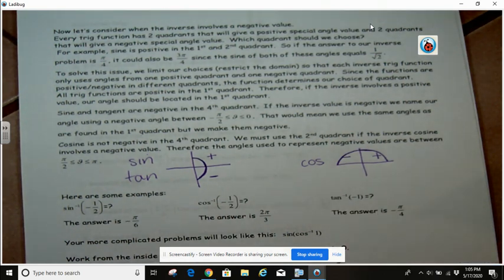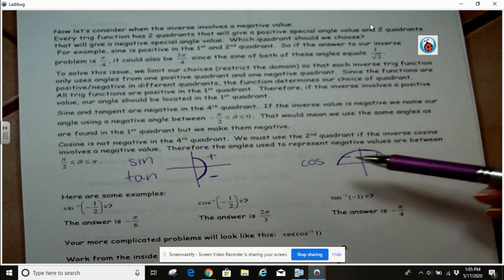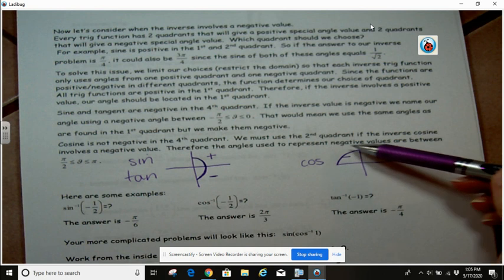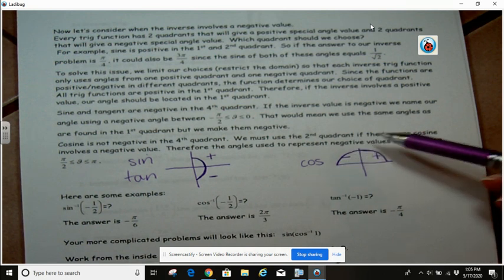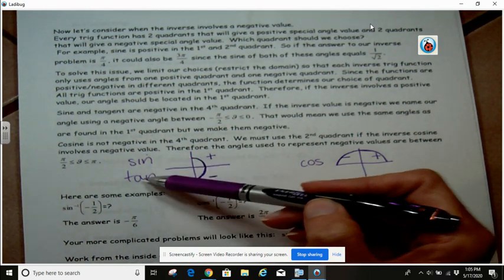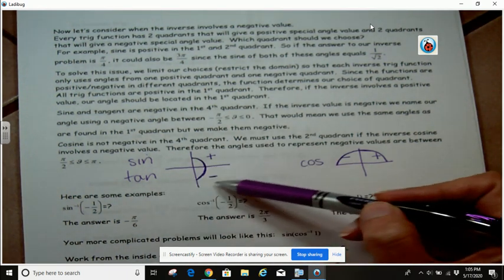Okay, so that's important because you want to answer with just the one right angle from the correct quadrant. It should be easy if the value given is positive because you're just going to answer with the first quadrant angle. But if the value given is negative, if it's cosine or secant, your angle has to be in the second quadrant, which is what you're used to. What's going to be different, though, is for sine, tangent, cosecant, or cotangent, if the value you're given is negative,